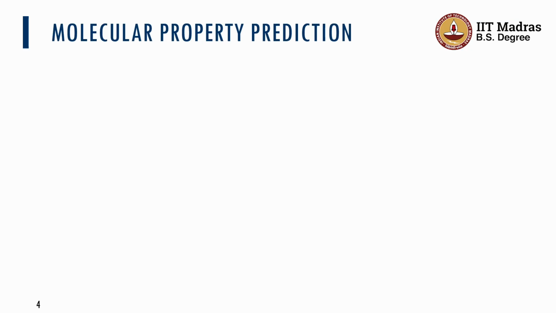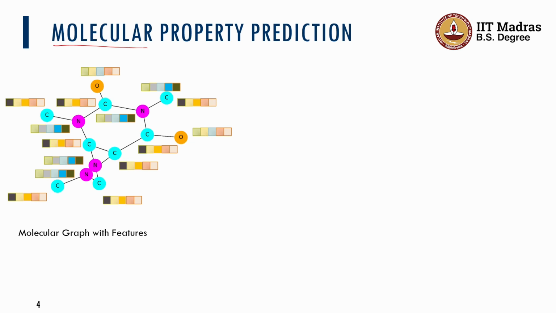Molecular property predictions. What does it mean? So we have a molecule and I have a property of interest. And what I want to do is use this molecule and see whether it has a desired property of interest. Now for that, what I have to have is a molecule which I can actually convert into